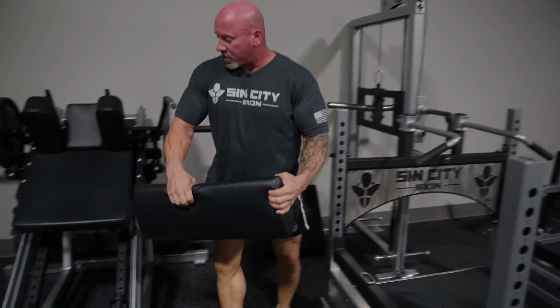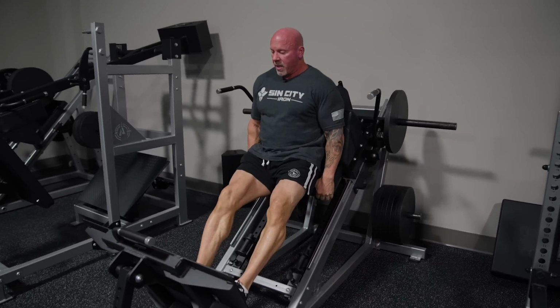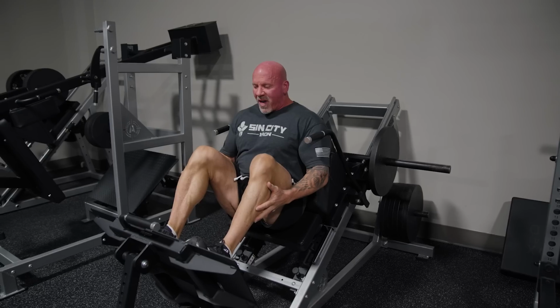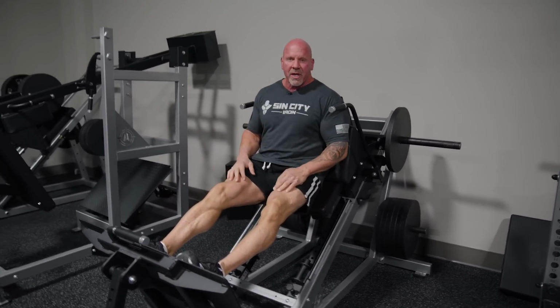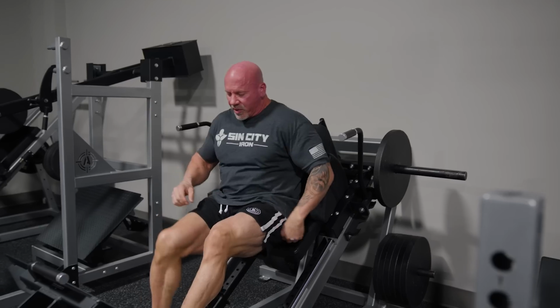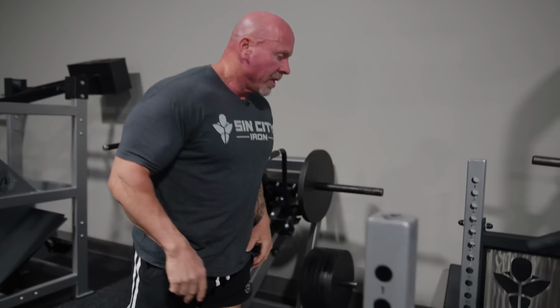You might see in some of these videos on Instagram where I got this little guy right here, and now I can do the hack squat more in like a leg press position right here. It's one of my favorite new movements right here. Hack squats, generally speaking, tend to bother my knees. This doesn't bother my knees at all. And I can load this up real heavy and just do kind of a modified hack squat leg press sort of movement. They have specific machines just for this, but this little $100 pad here saved me $7 grand on